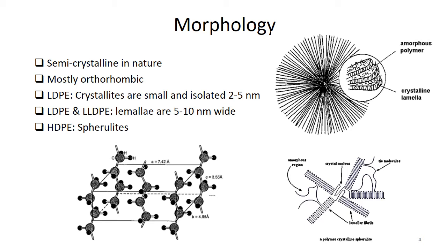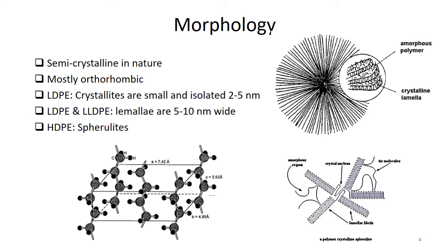A spherulite is basically where the nucleation or the growth of a polymer starts in the middle and goes towards the edges of a sphere, and they grow in the form of fibers. But if you see a cross section of these fibers, these are the crystalline lamellae. You can see the folded structures of the polymer chains, and in the center is the crystal nucleus.